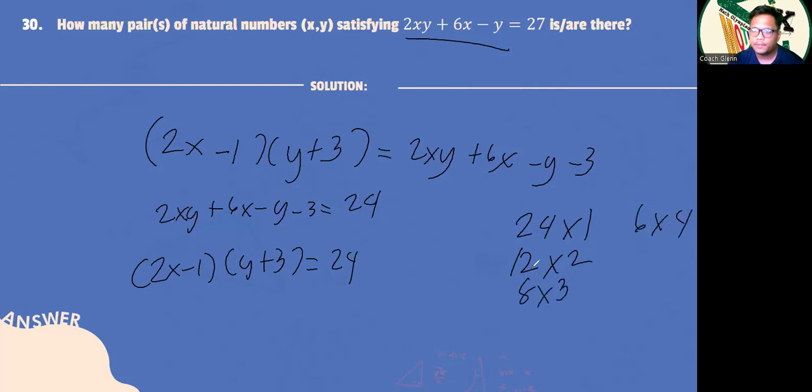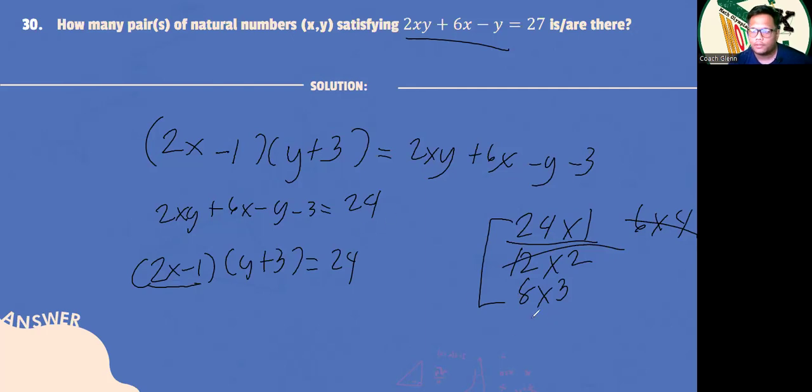I think that's it. So first, we do trial and error. So we first do 24 times 1. So that's what we can observe. 2 times a number minus 1 would be odd, okay? So this one should be odd. So we only consider factors with odd numbers. So we remove this one and we remove this one also. So we only have 24 times 1 and 8 times 3 to consider.